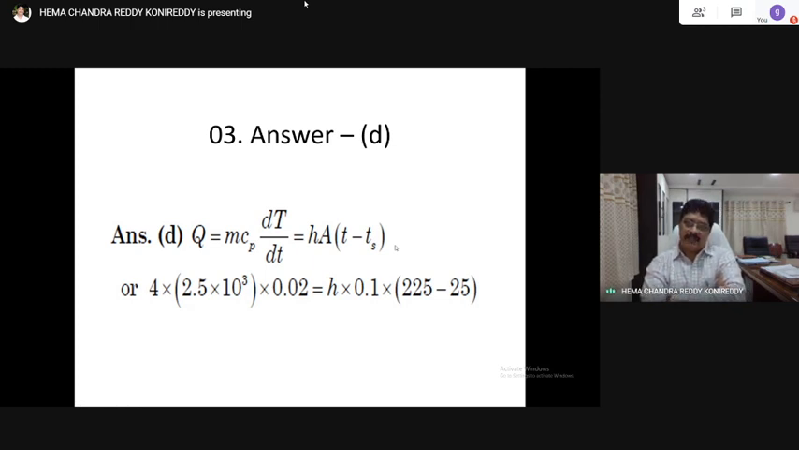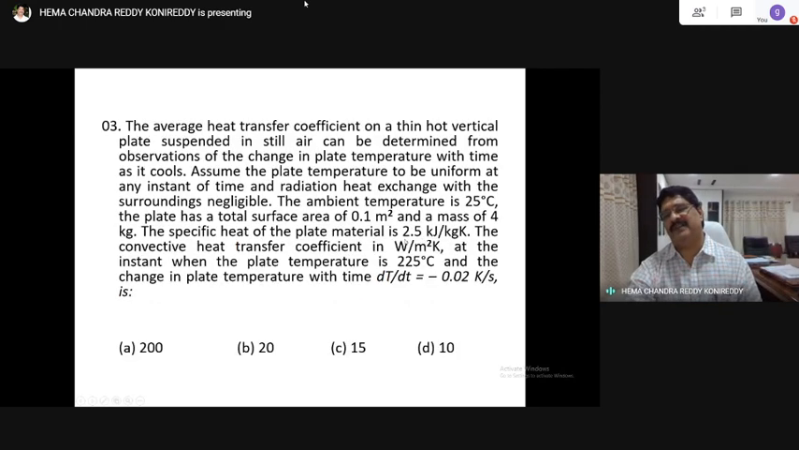4 is the mass of the plate, Cp is the specific heat of the plate, given in kilojoules. You should be very careful. If it is given in kilojoules, convert that into thousands. And simply don't use kilos in calculations, right? So